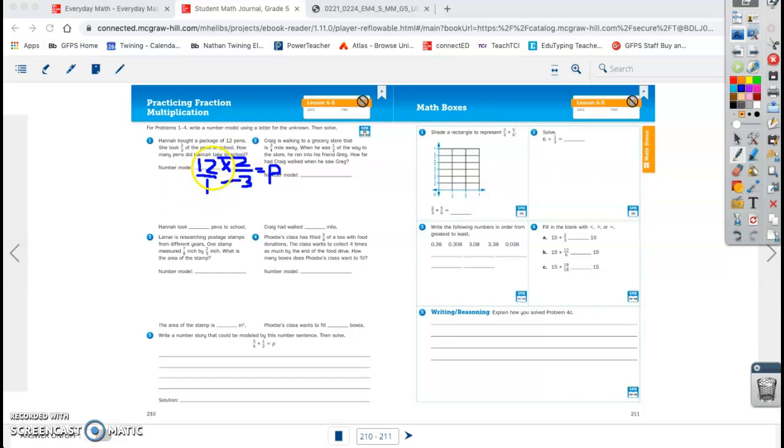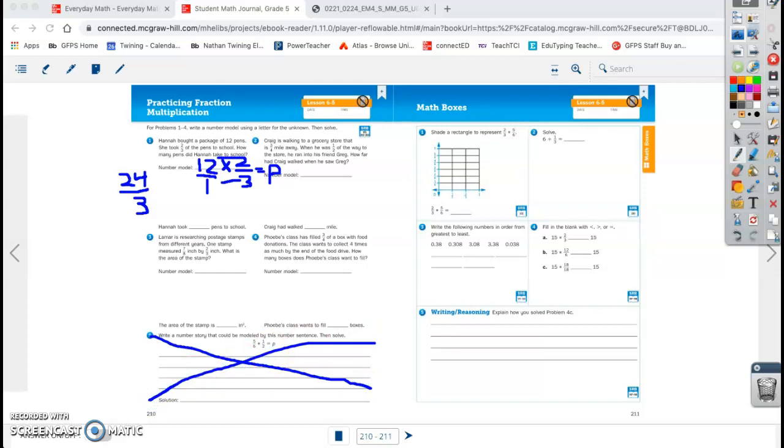When you multiply straight across, 2 times 12 is 24. So you end up with 24. And then 1 times 3 is 3. Now you're going to have to make that a proper fraction. I won't go any farther, but you need to make it into a proper fraction, and that's how many pens she would have taken to school. You're going to do that for 1, 2, 3, and 4. You do not need to do number 5. If you'd like to try it and turn it in, that is great, but you do not need to do